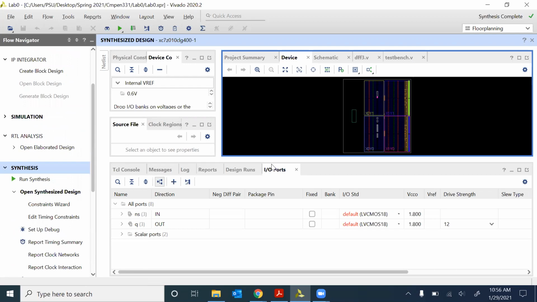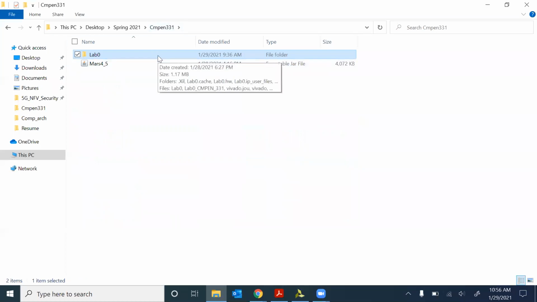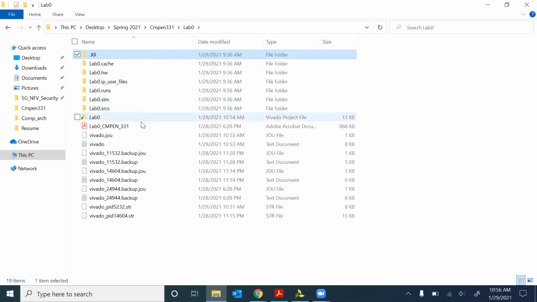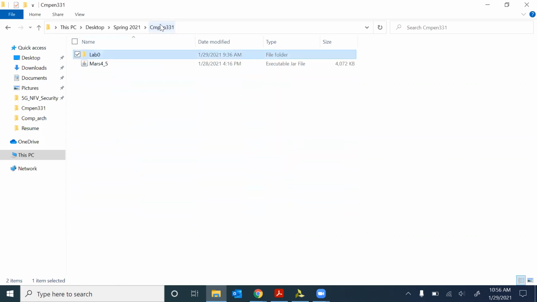And one other important thing to remember, after you write the report: when you create the project in your Vivado, all these things will be created in the folder that you have created, and you have to zip all of it up. So you have to zip this entire folder and then submit it. You cannot select only this folder or only this folder and then submit it. You have to zip the entire folder which is created through your Vivado, and then submit it,